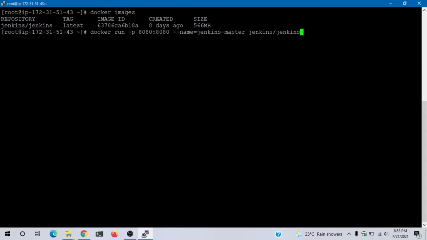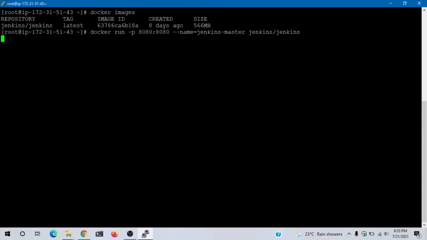Here my base machine is Linux, so I'm just asking Docker to open the port from the container to the base machine so that I can access the Jenkins container, or a Jenkins installation from that container, from my base machine.